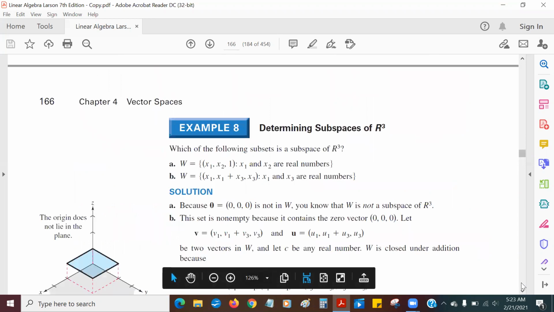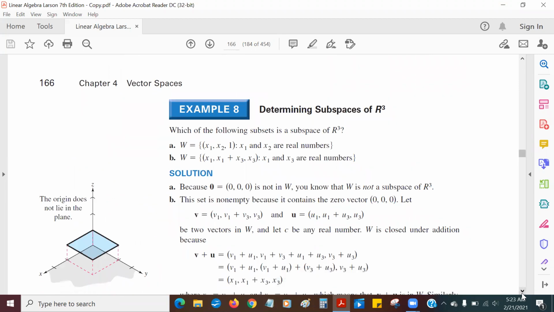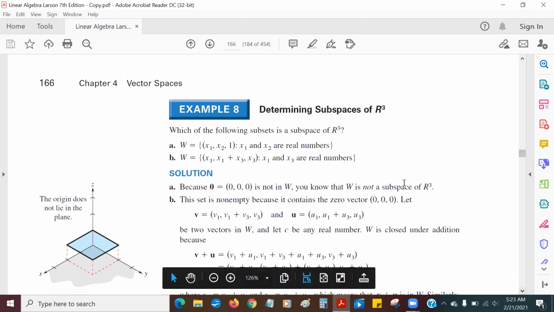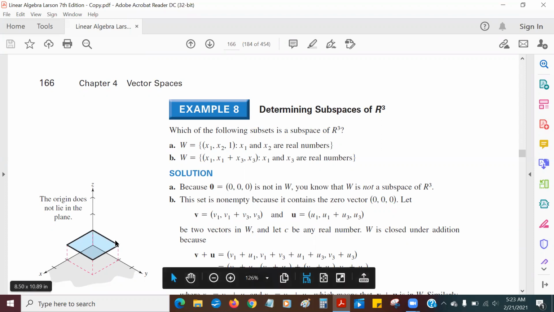Okay, let's move on to R3. I'm getting ambitious now. Now we're in three dimensions, so let's look at a couple of potential subspaces. This is the point x1, comma x2, comma 1. This is all points of that form. So x and y can roam freely, and z is fixed at 1, which looks like it's actually a plane that's parallel to the